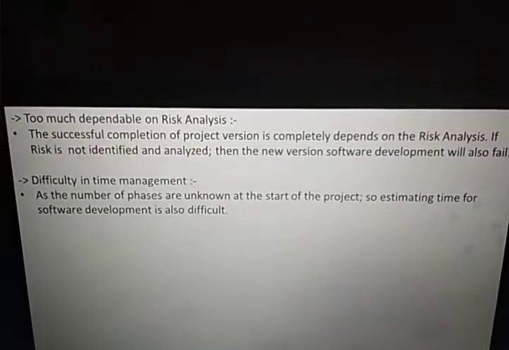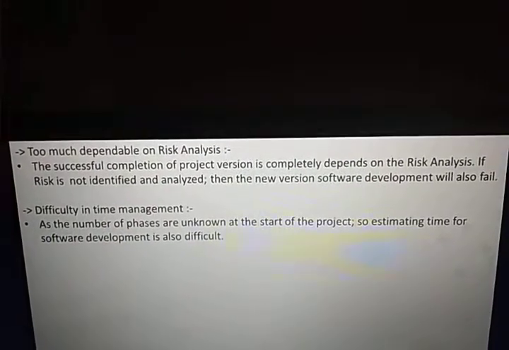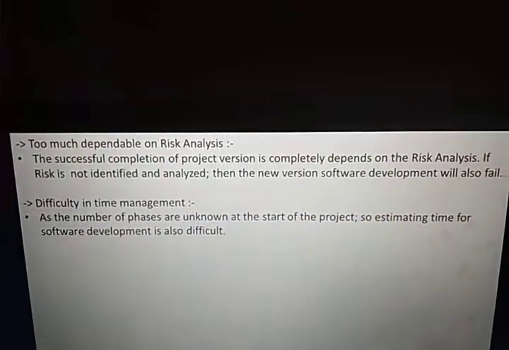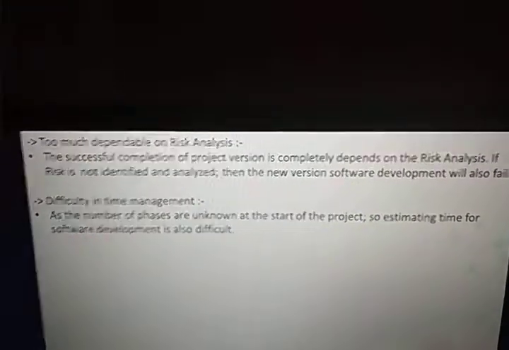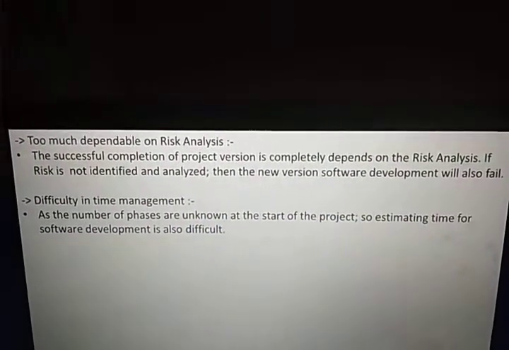Suppose we are unable to find the risk for the next or new version, then what will happen? The new version may fail. So we need to take care of the risk analysis properly in every version. The successful completion of a project version depends completely on risk analysis.